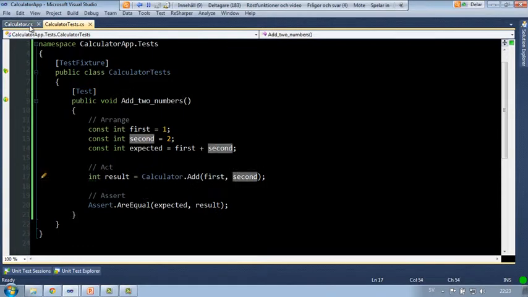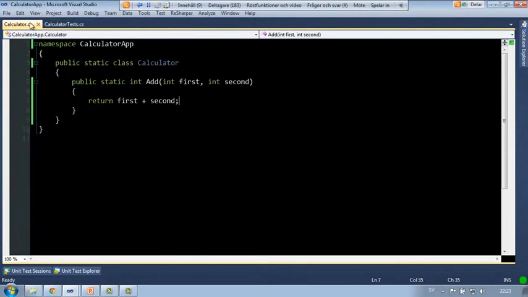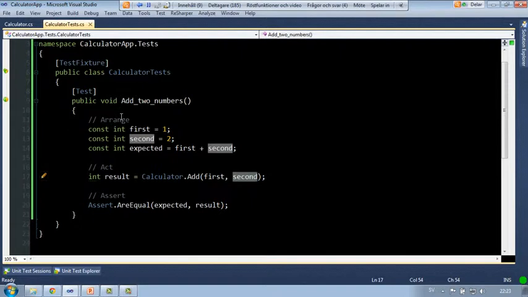Then I went on and created that calculator and went back and forth creating that until the test passed. So you could actually say that what I did here was designing this app, this calculator, and I think that's perhaps the greatest benefit of